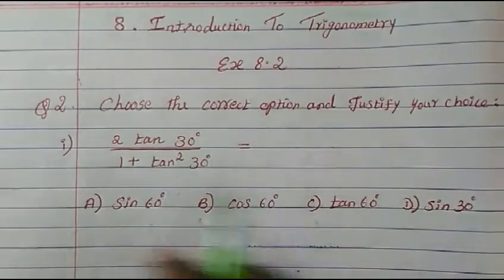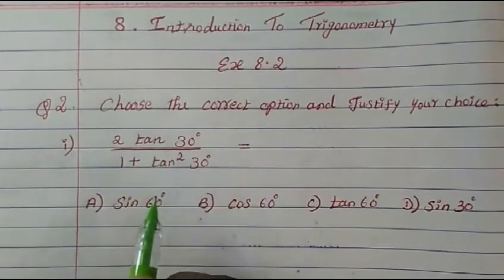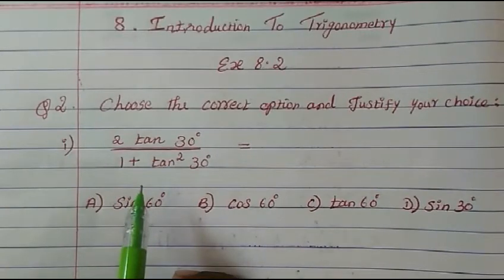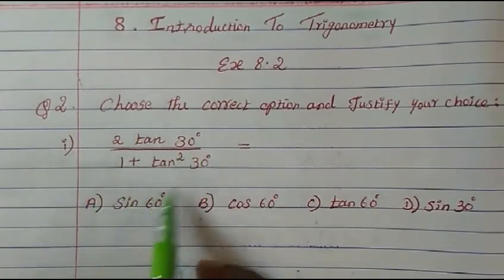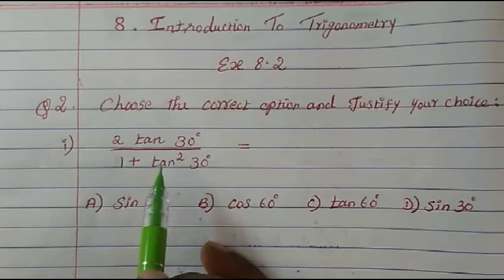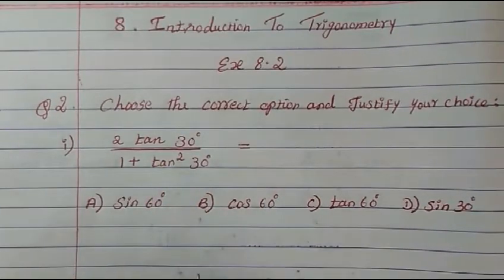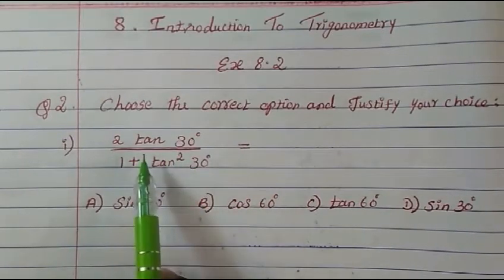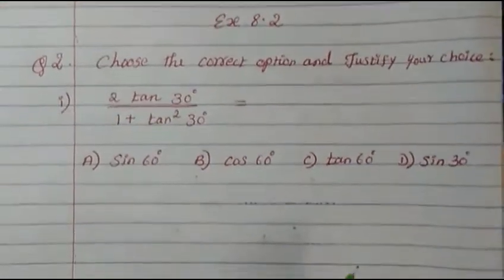So here in this question you have 4 parts, but in this video we will see only the first 2 parts. Okay. So now this is nothing but you have to just put the value and solve it, and then you find whether it is getting the correct option or not. So now just let us put the value.